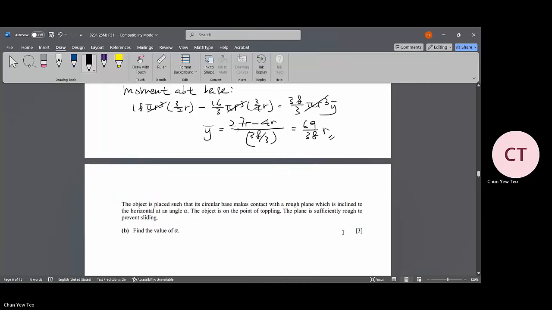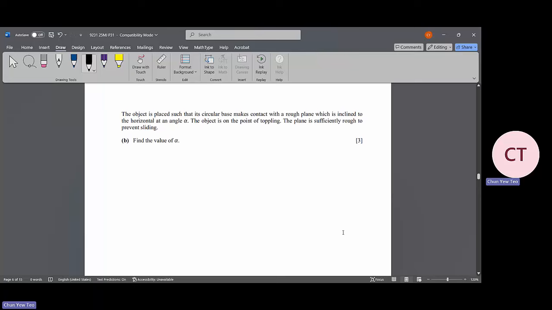Moving on, we have B. The object is placed such that its circular base makes contact with a rough plane, which is inclined to the horizontal at the angle alpha. The object is on the point of toppling. The plane is sufficiently rough to prevent sliding. Find the value of alpha. So we can draw a diagram, just to make it easier for us to calculate. So this is alpha. Then we have